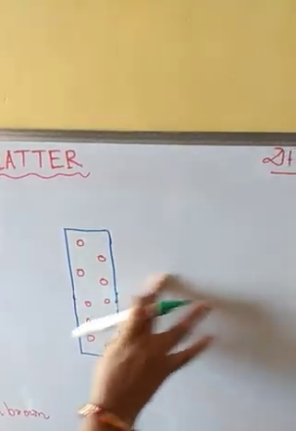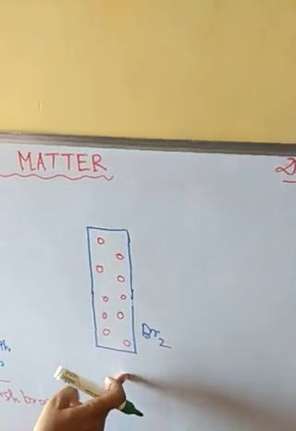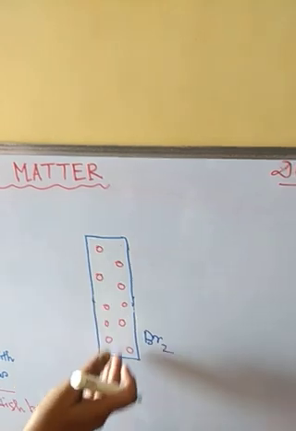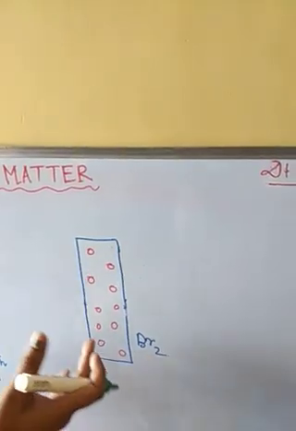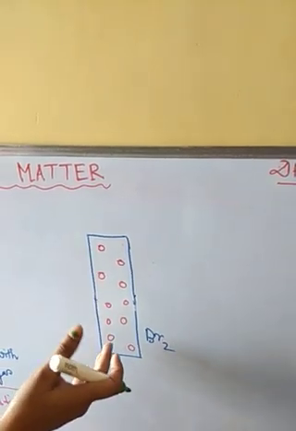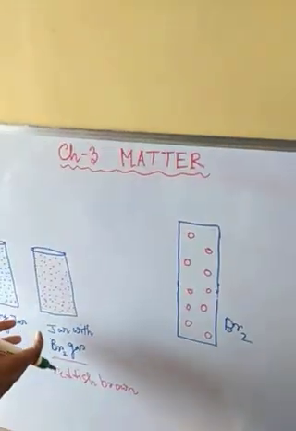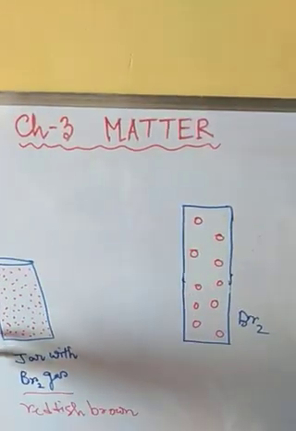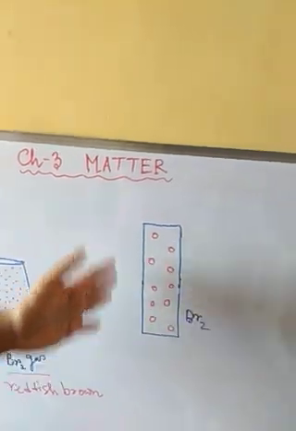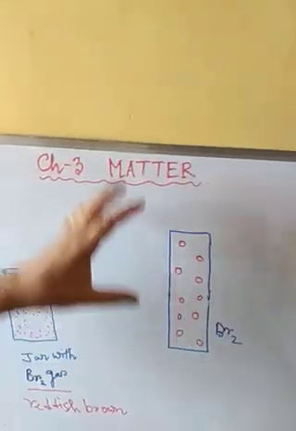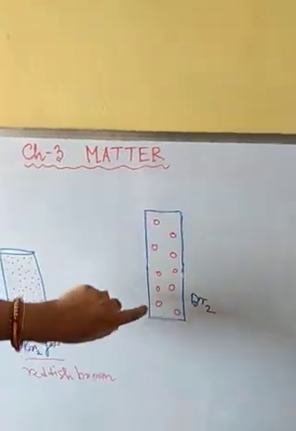so after the diffusion process gets over, we can see the gas jars in this manner, where all the color of the bromine gas will be spread in these two gas jars. And as we have taken two gas jars here, the color will be a little bit faded than the color of the first gas jar, which was filled with only bromine gas. So here we will see just a little bit of fade in the color, but all over in these two gas jars the bromine gas will spread because of diffusion.